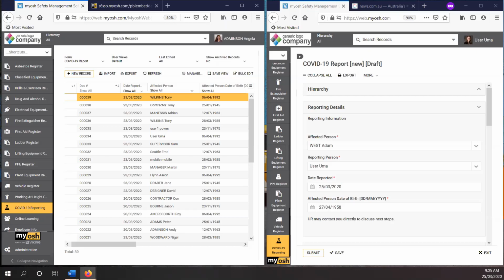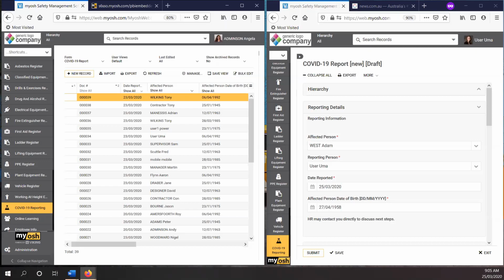But what we're also allowing is a person who is a COVID manager, if you want to call it that, to report on other people's behalf and fill in all of the information that you would fill in immediately, as well as investigative information. Both people can report for others. So just because you're a standard or lower level user doesn't mean you have to report for just yourself. So we'll have a look at this right-hand panel first, and we'll expand that to